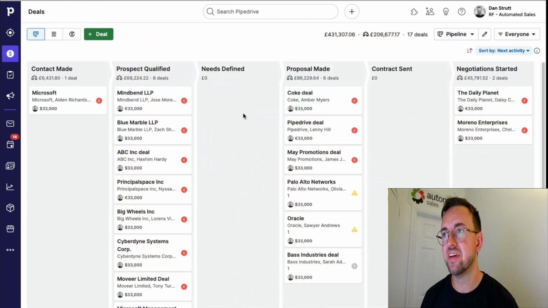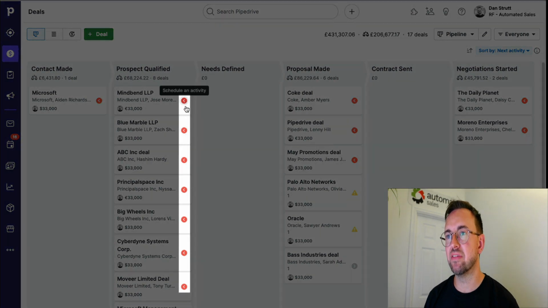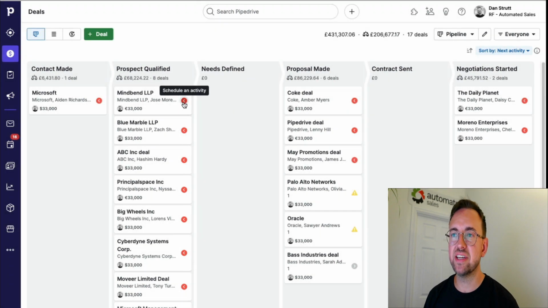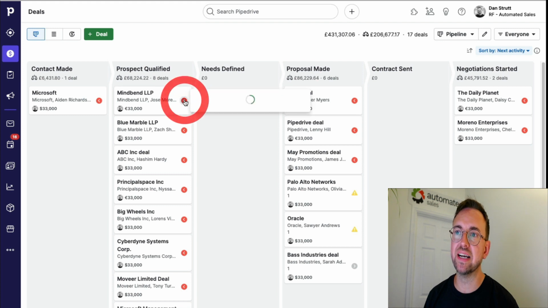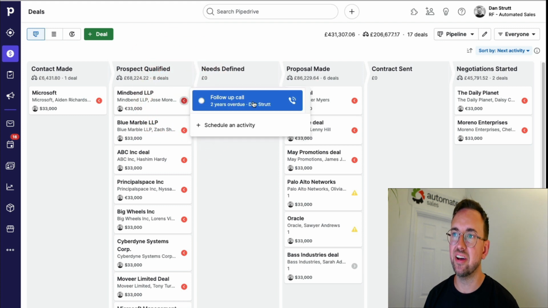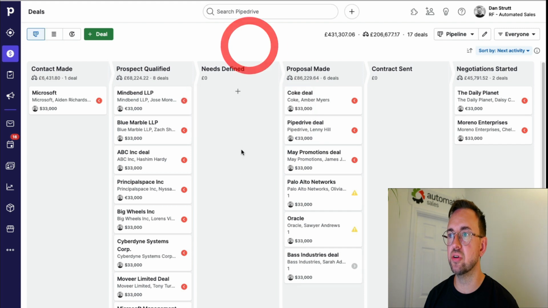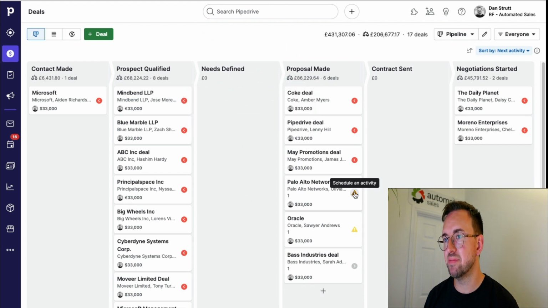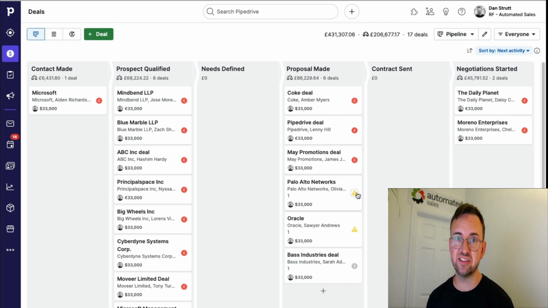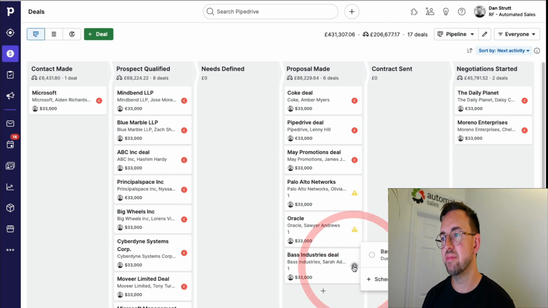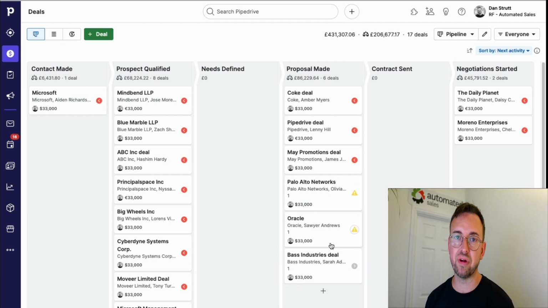So within Pipedrive, from a deal pipeline view, you'll notice here from the imported data, we have lots of red chevrons. Those red chevrons are representing overdue activities. So if I click on a red chevron, you can see that there's an overdue call. Anything which has an exclamation mark means it's a deal with no activities associated with it, and it's alerting you to think, okay, we need to plan an activity, so we have the next thing to progress the deal. A grey chevron means that the activity is upcoming in the future, and a green chevron would represent an activity